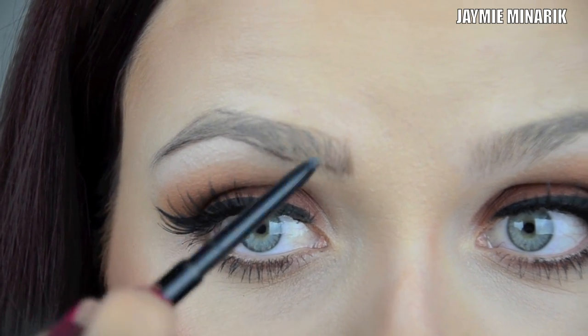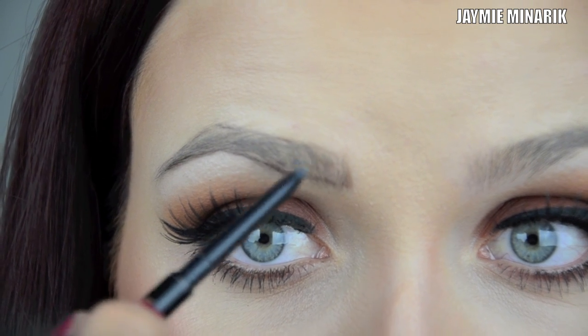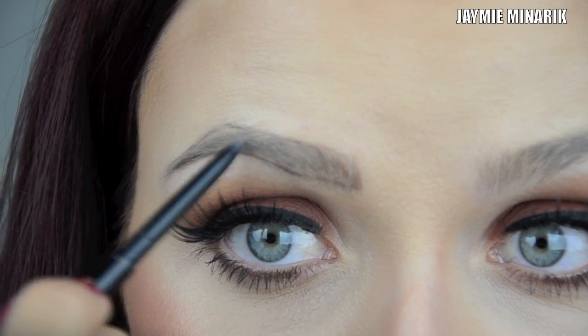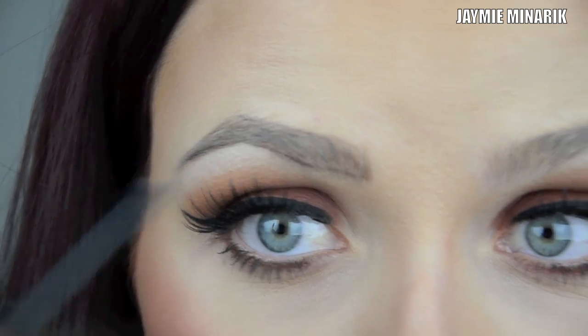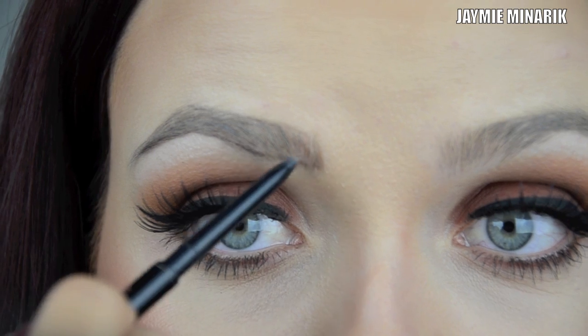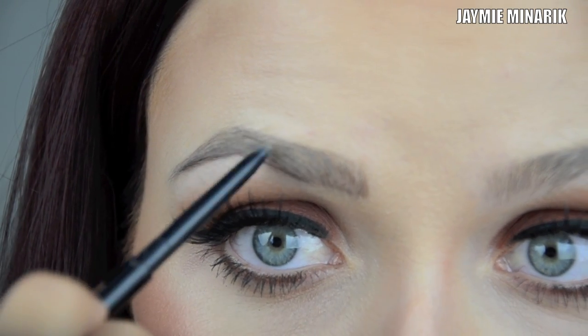I take a very light hand, and this whole process you want to do short strokes that kind of mimic the lines of your hairs to help everything look more natural. And you just want to fill in the sparse areas. I don't like to fill in the entire brow because that makes it look a little heavy and intense for me. So I just like to fill in all the areas that are extra sparse with those short strokes,